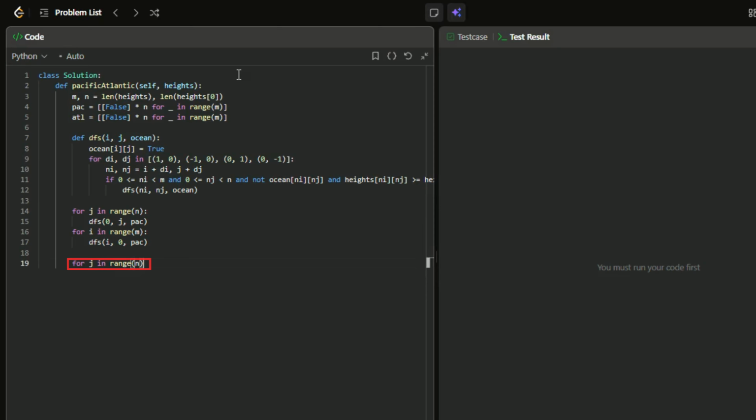For each cell M-1, J in the bottom row, we call DFS with the ATL grid, spreading inward from the Atlantic edge. This marks all cells that can reach the Atlantic via paths going downhill to this border in the normal water direction, or uphill when we reverse it like we're doing. And now we cover the right edge, which also borders the Atlantic. We call DFS for each cell I, N-1 in the rightmost column, again marking all cells that can eventually